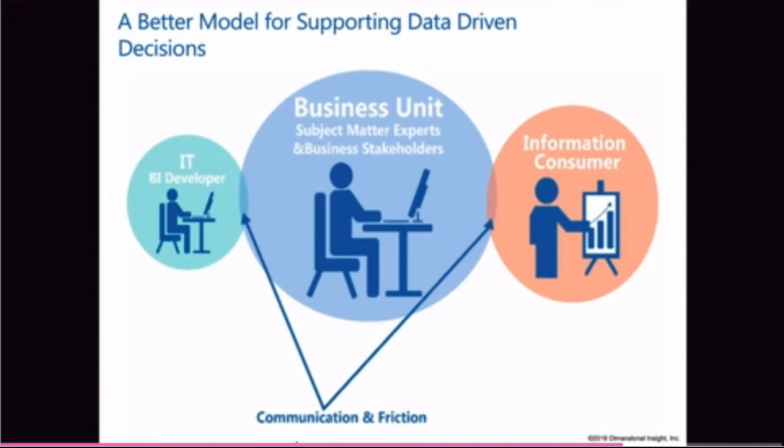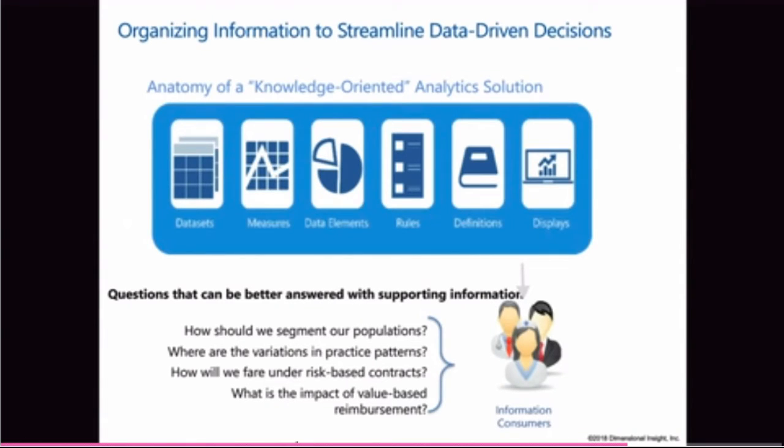Much of that process can be streamlined through technology and automation, and the potential advantages of that are quicker implementation cycles, ultimately more meaningful information, and better communication and collaboration among stakeholders, subject matter experts, and information consumers. Because ultimately the goal is to attain systems and information that make it intuitive as well